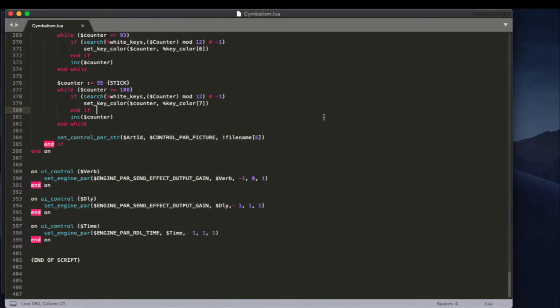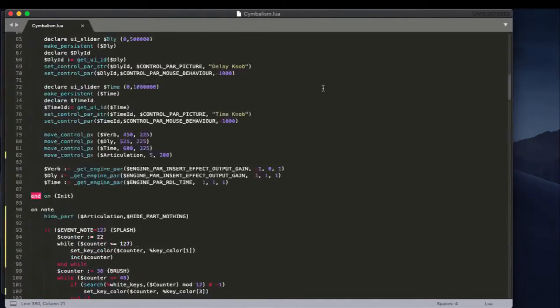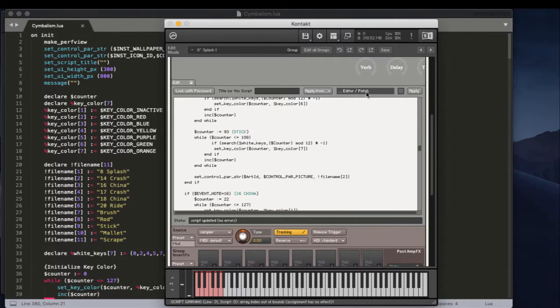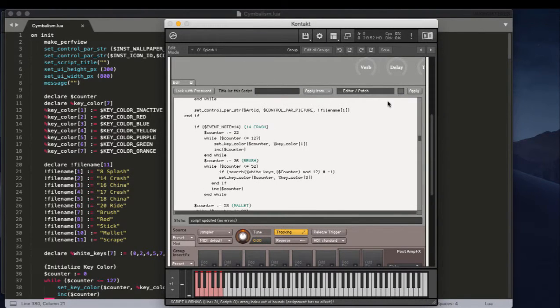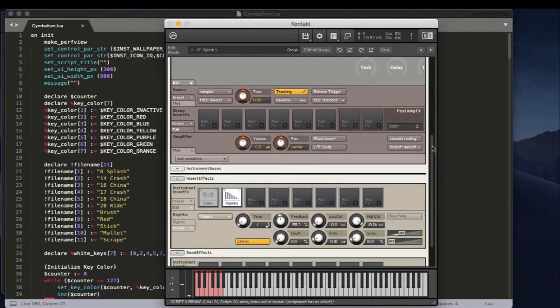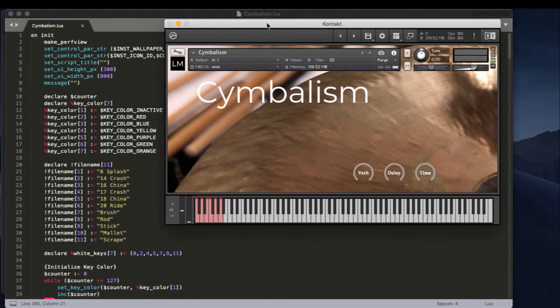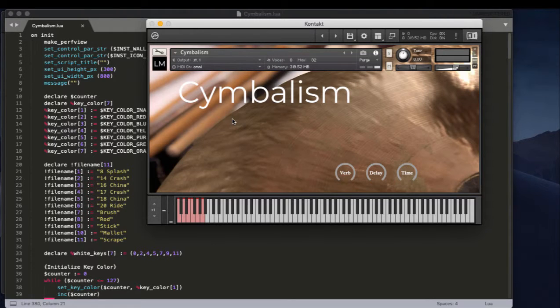Okay, so let's look at some of this. My hope was, let me pull the instrument back up. Hang on. All right, so my plan was to have